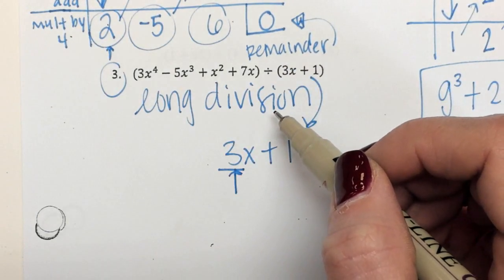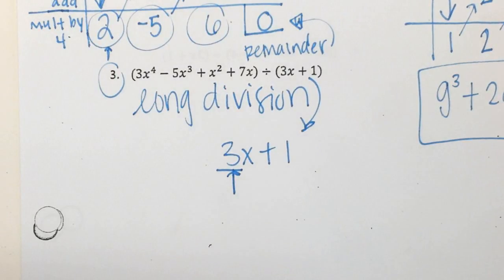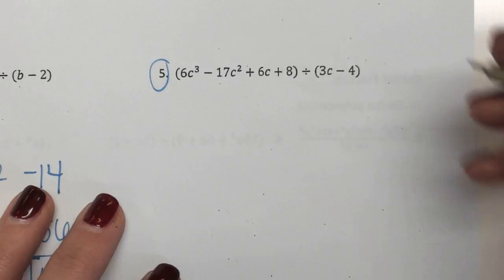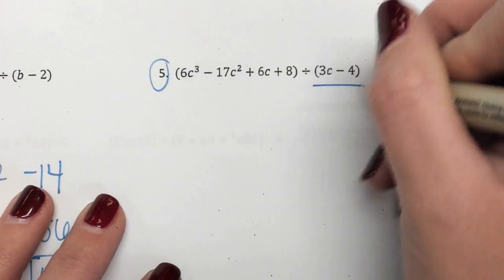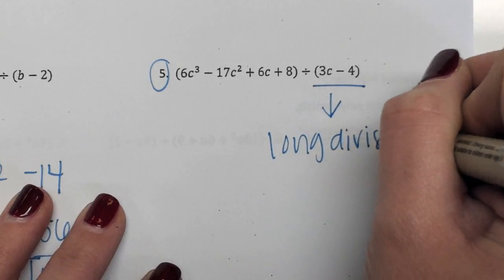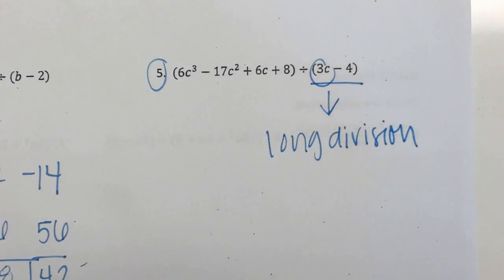Yes. On our test, will we get to pick or we need to do both? Yeah, you can pick. Okay. For this one, again, long division because of the 3 out front. All right. I gave you a sheet